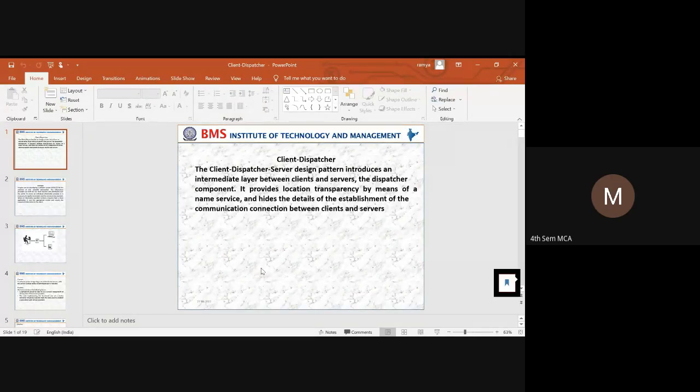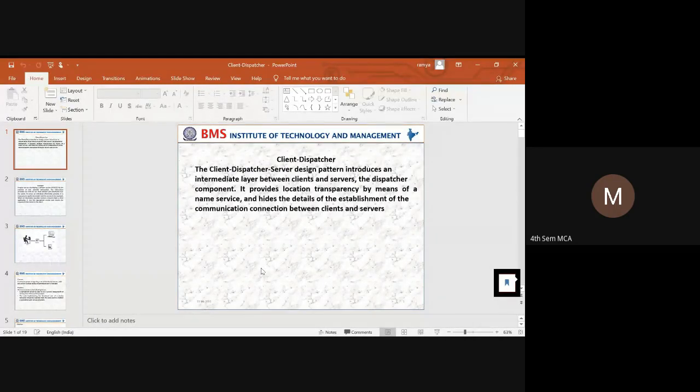So before providing any service to the client, whatever the client is requesting, it has to maintain transparency. To provide location transparency and to identify the name of the service, first the server has to be identified. There are various different servers, and all these different servers provide different services.